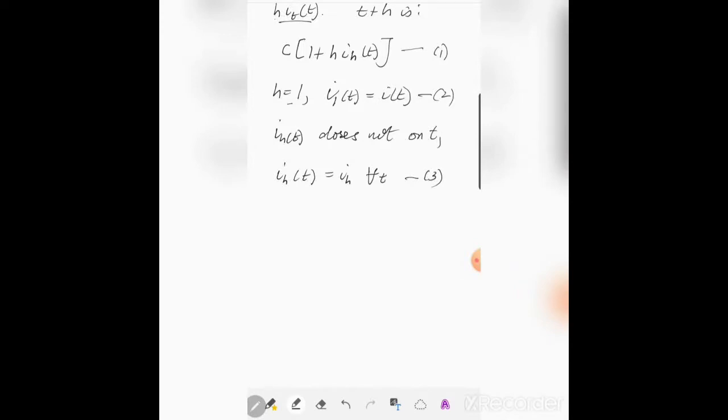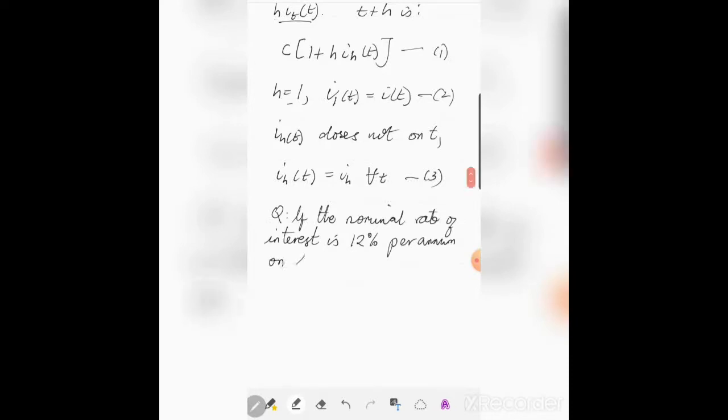The question was saying: if the nominal rate of interest is 12% per annum on transactions of a term of a month,